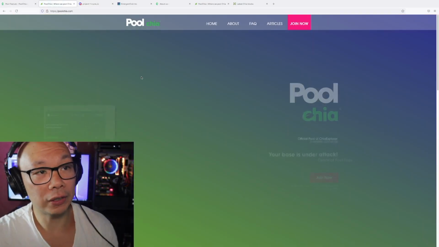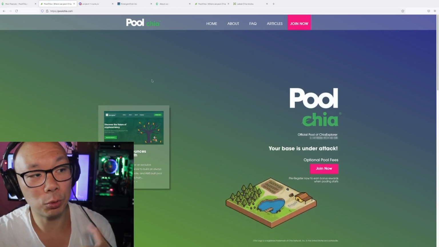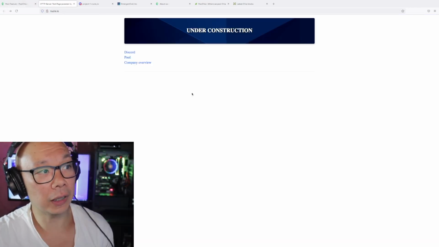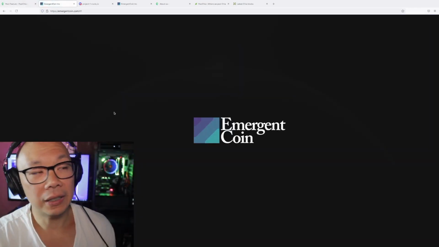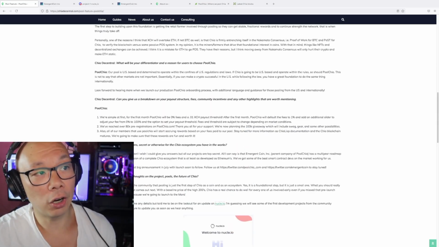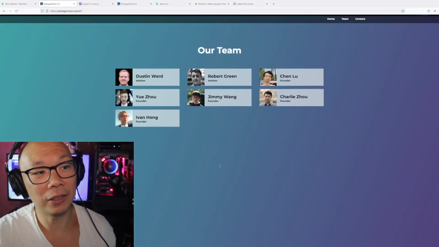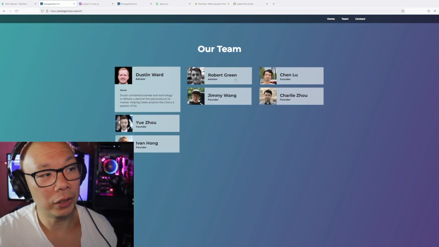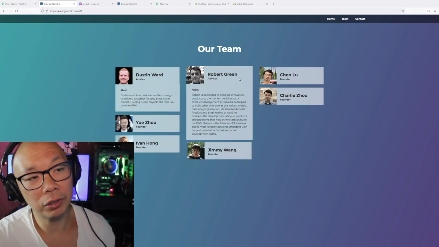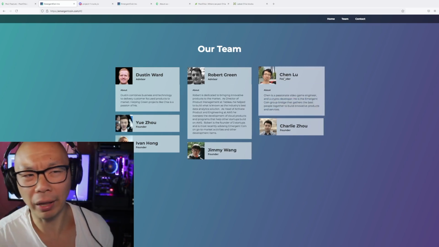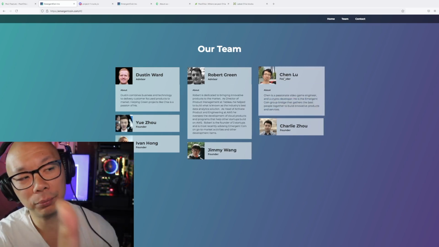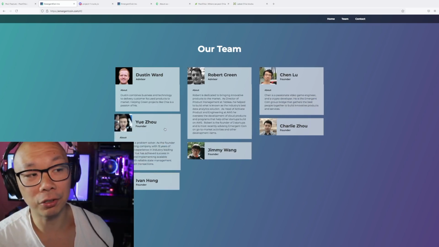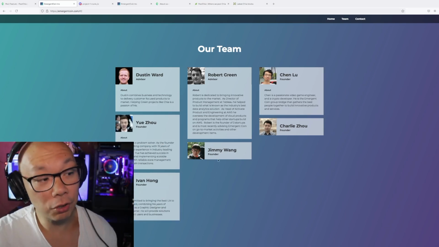The pool itself is the website going back to PoolChia, which we've seen before, and of course their partnership with Chia Explorer is also listed here. Go to the emergent link, the 7 individuals that they mentioned in this article. We will see that because if you click on team, these are the individuals here. So you can see that by each one of them, they have their little brief history and what their strengths are. I believe if you're going to put profiles up like this, then you would actually put more of a highlight on yourself and your experience. So you could read into all that.